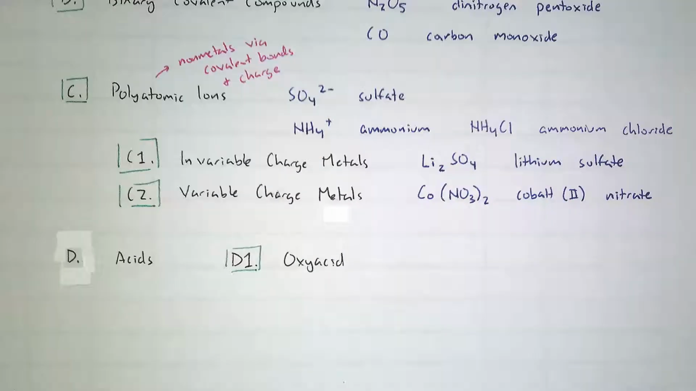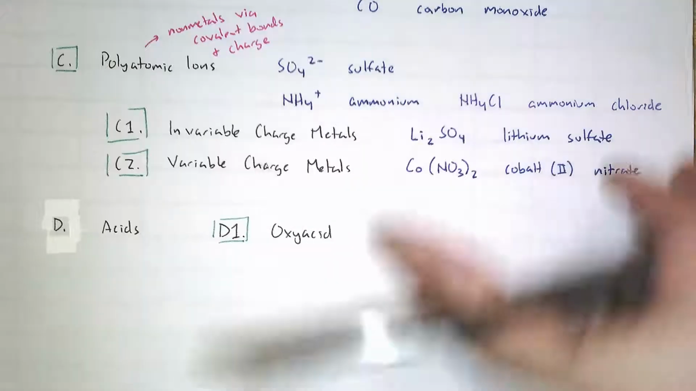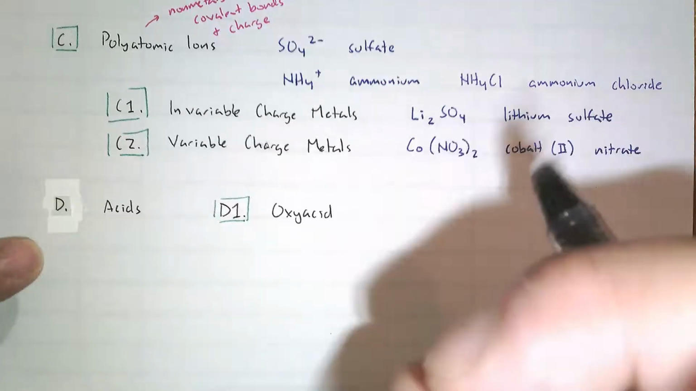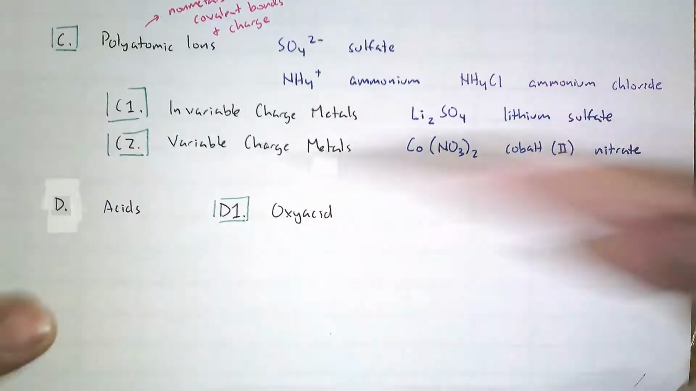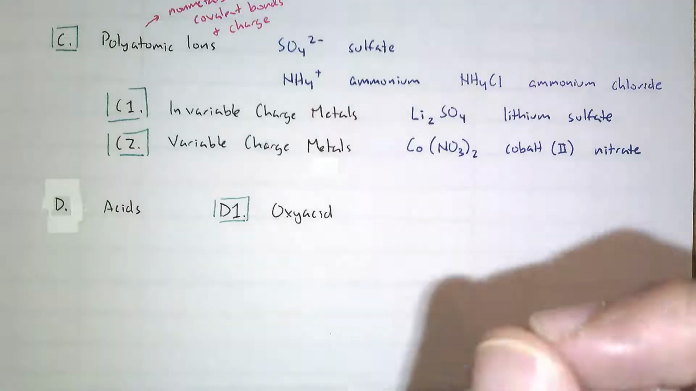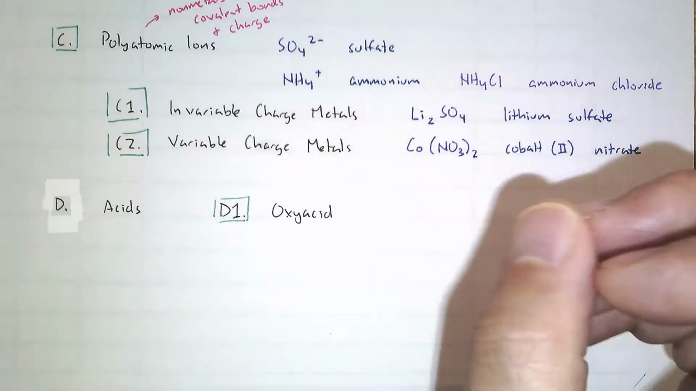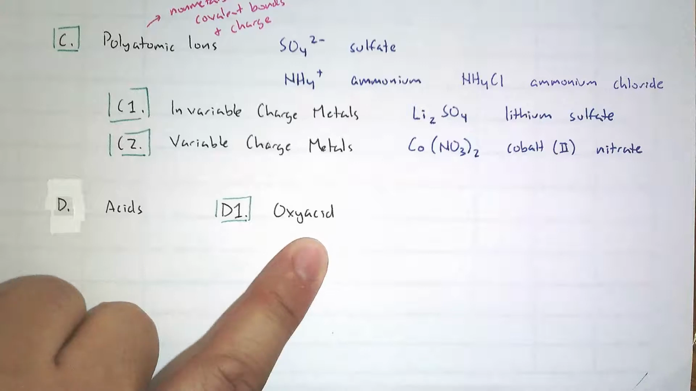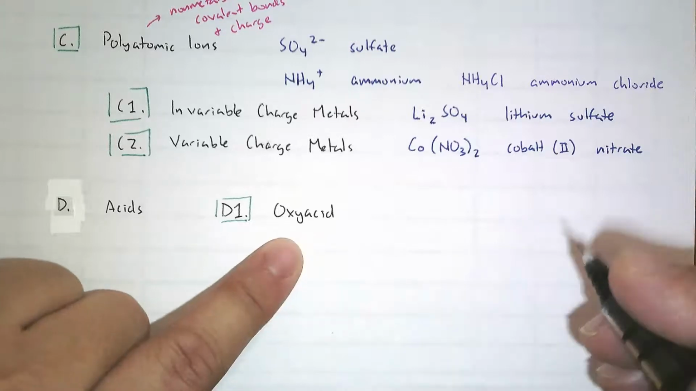Acids that have oxygen in them. You'll read up on acids because I'm not going to get too deep into them. Acids are molecules or compounds that release H+ when dissolved in water. And an example of an oxyacid, oxy meaning oxygen, is